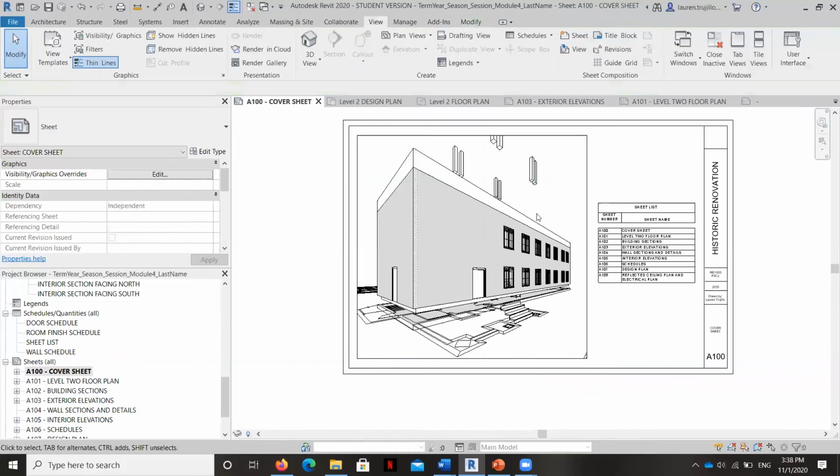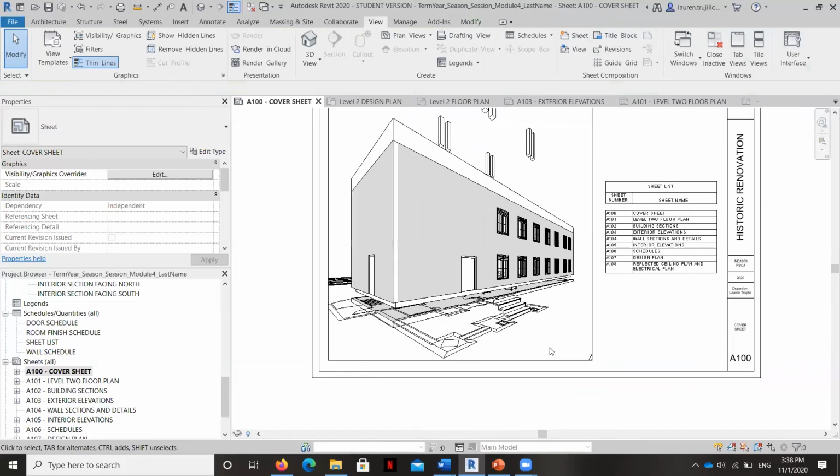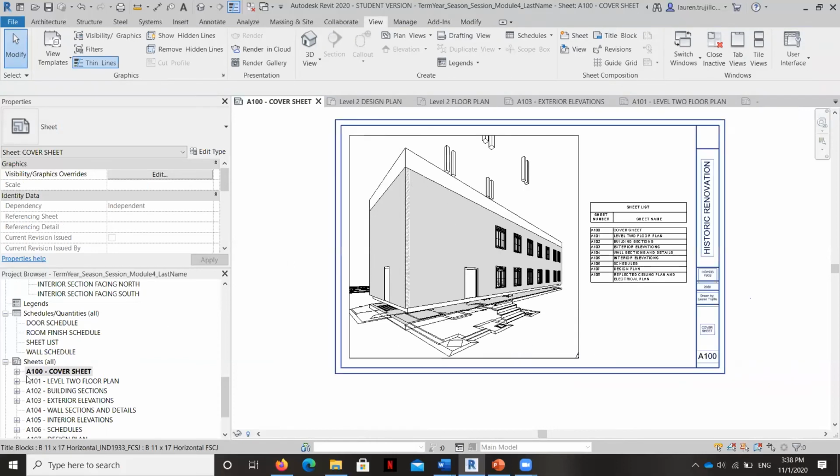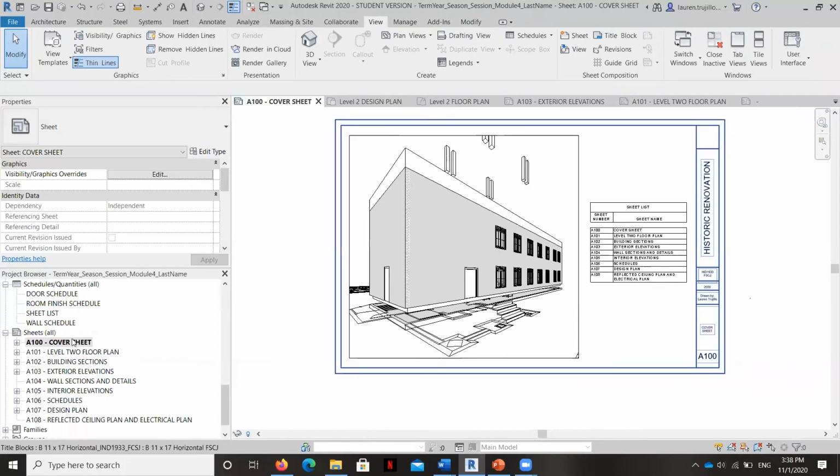There it is. So I had to activate the view first. See, it was just like any other label. I had to double click it once I got that big thick black outline, and then I was able to delete my view. Okay, so those are the things I wanted to teach you in this video, creating a cover sheet with the sheet list with the number and a rendering on the front.